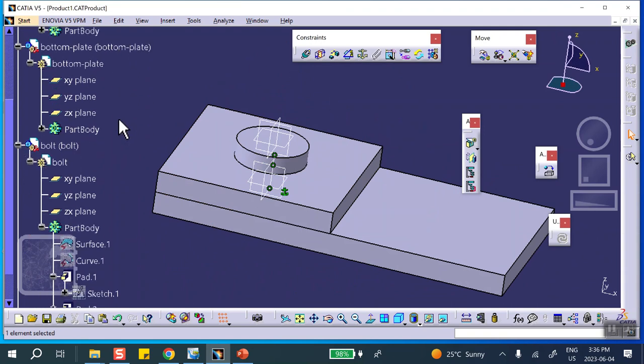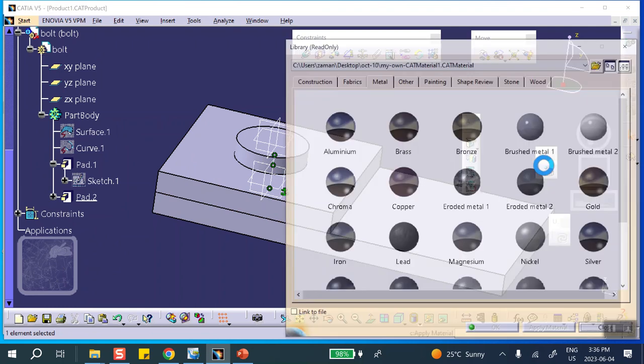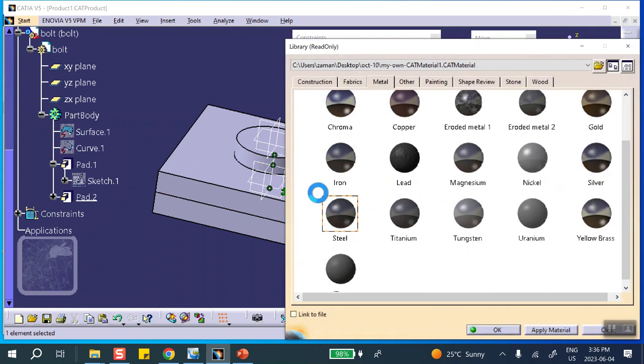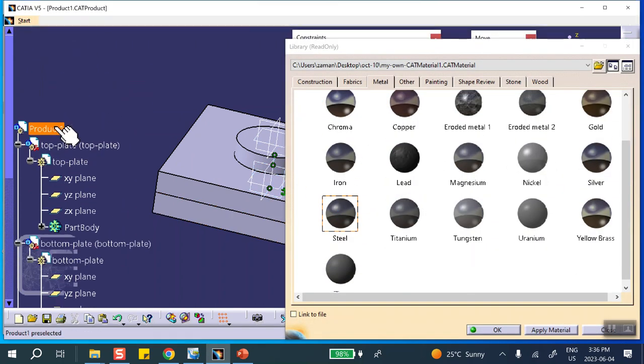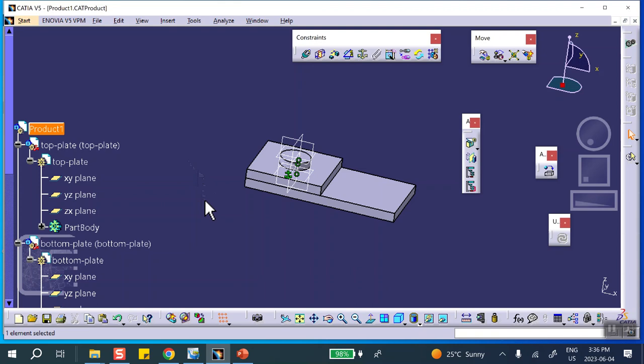Please ignore anything that you don't like that I did. You have to create these three parts and put it together like that. So let's make it out of steel. Steel, everything out of steel. All right. Now,